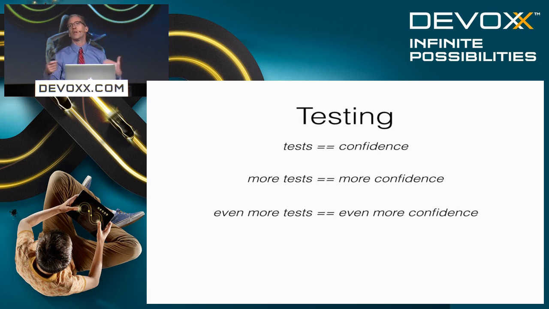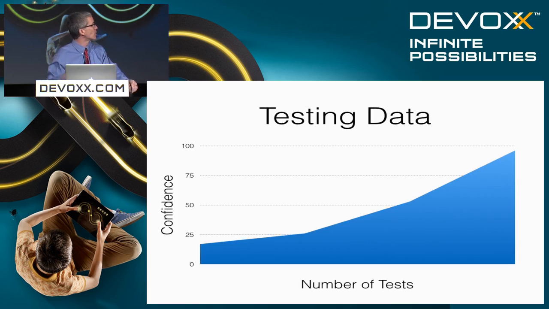Testing, very important. If you have tests, you have confidence in the code. If you have more tests, you have more confidence. And here's the important point. Even more tests, even more confidence. All right? So let's talk about tests. Let's talk about what you can do to provide more tests. And let's talk about some data that backs up this assumption that I'm throwing out at you. So here we see an increasing number of tests leading to an increasing amount of confidence from the customer. This is based on data that we abstracted from something at a client site sometime in the past.